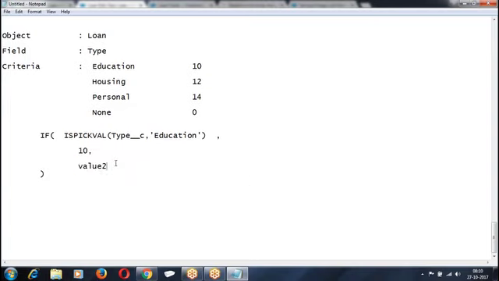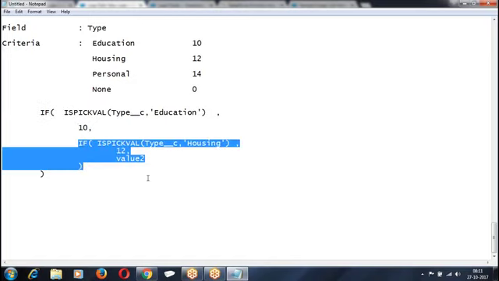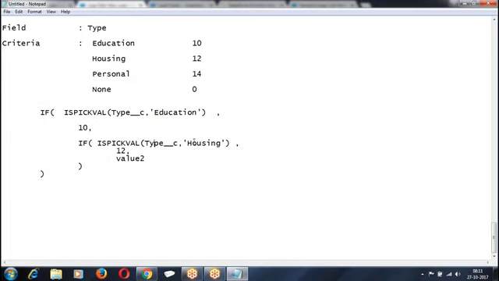In the else, I wrote one more condition: if is equal of housing, 12%. If this condition is true, this is the value, else this is the condition. In this condition, if true, this is the value, else this is the value.